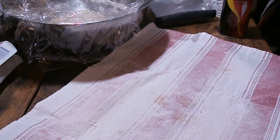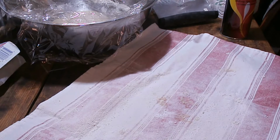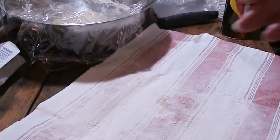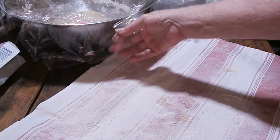Okay, so here I go with getting the bread kneaded, and I think I've decided to use that little cake pan. Forgot my spray. I'm going to use a little cake pan and just make a round loaf to go in it, and let it rise, and then I'll be back after that rise. But I wanted to show you